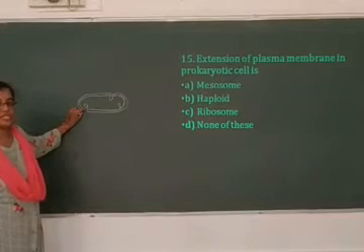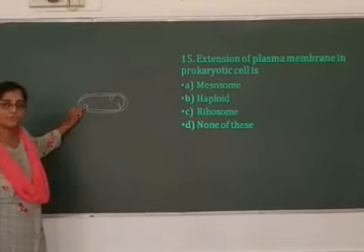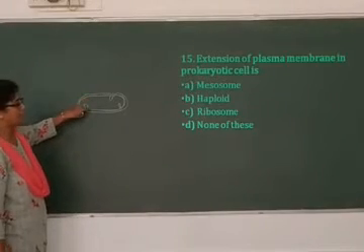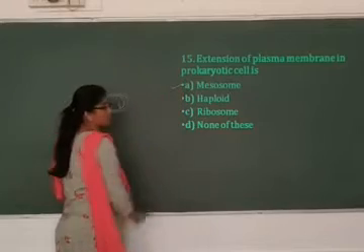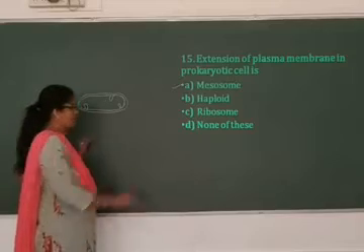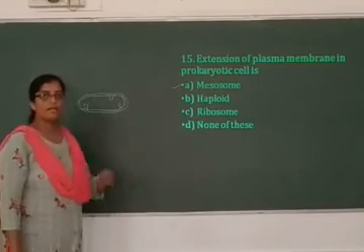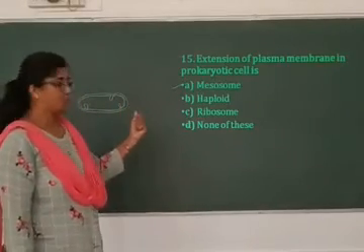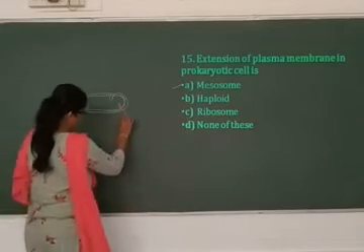And these extensions are called, is the question, right? The extension of the plasma membrane in prokaryotic cells are called mesosomes. Ribosomes, they are protein synthesizing machinery. They are present as small particles in the cytoplasm. Haploid, not related at all to the question. Then, what is the question? The extension of the plasma membrane. These extensions of plasma membrane are called